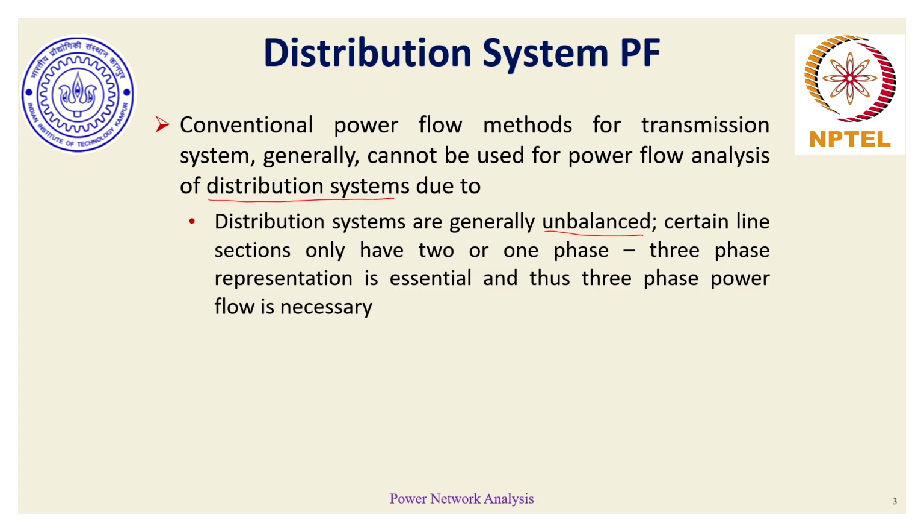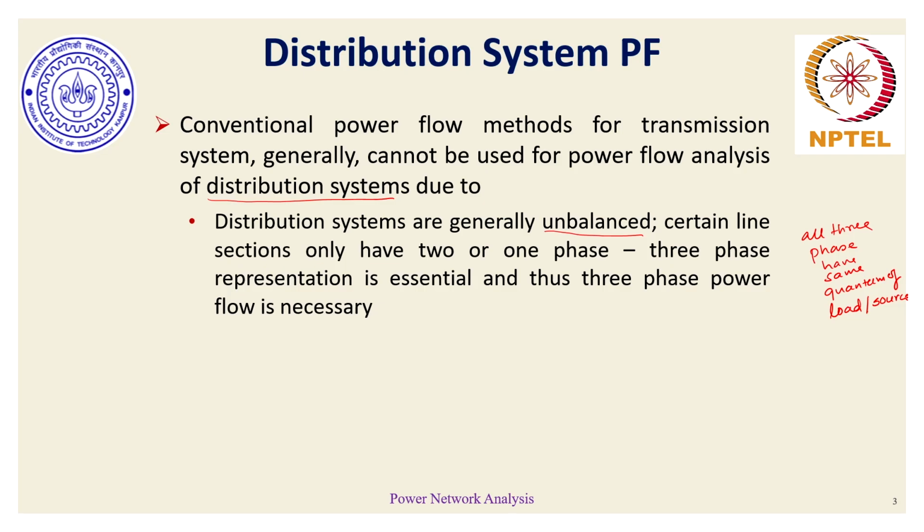In distribution networks, however, the story becomes completely different in the sense that the loads themselves need not remain balanced across all three phases. By balanced, I mean that for a typical three-phase network, all three phases have the same quantum of load or source connected to them. That means if there is a distribution three-phase line, then each phase of the line carries the same quantum of power, the same quantum of current. The magnitude can be the same, and the phase angles may be 120 degrees apart, which we'll see in detail in the next module